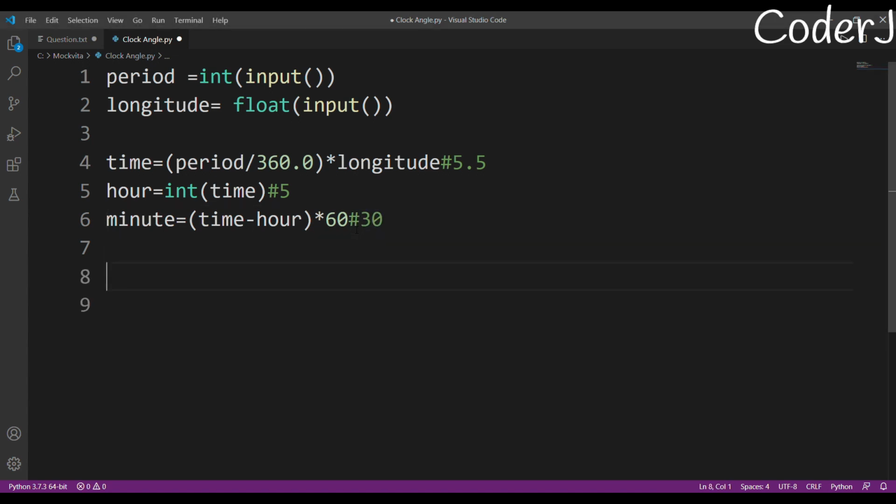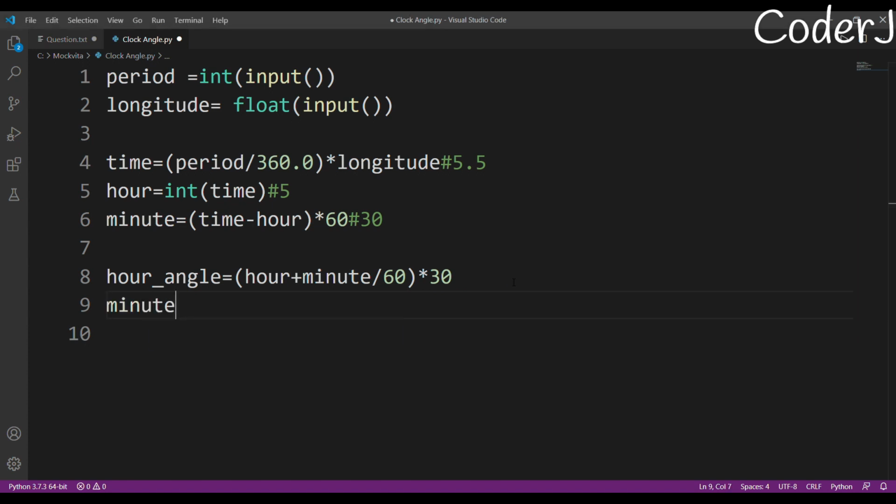Now I just need to calculate my hour angle, right? How do you calculate your hour angle? Simple. Hour plus minute divided by 60. It will actually just add back to the time. It will actually become 5.5 again. I don't even need to do that, but it doesn't matter. If you want, you can just write time here. I'm noticing this now. I don't need to go back and forth for this minute part, but if you want, you can just replace this hour angle with this time, but it's on you. Okay, into 30, because each division costs you 30 degrees.